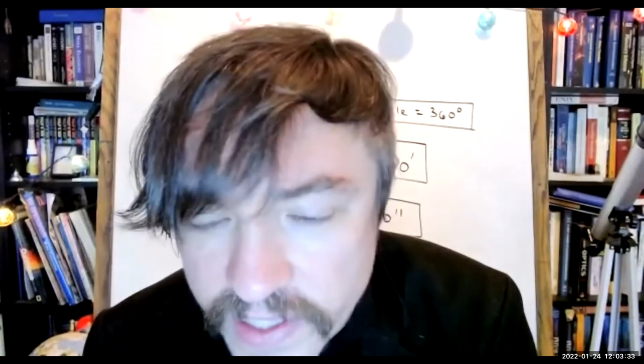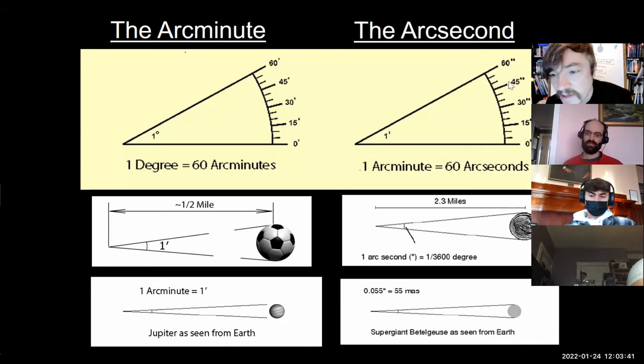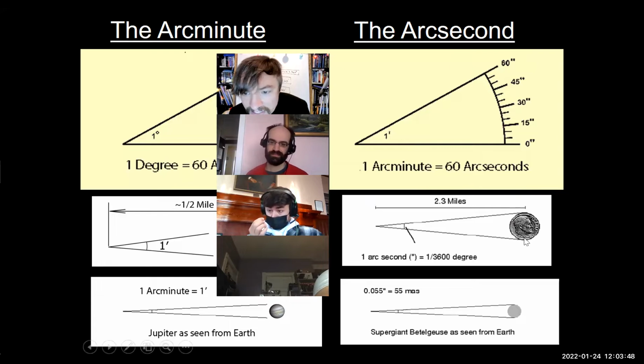Arc minutes are truly small, but arc seconds are even tinier. That's when we take an arc minute and we break it up into 60 more microscopic pizza wedges. An arc second is the equivalent of looking at a dime from 2.5 miles away. Obviously, your eyeball would be very hard pressed to even see the dime, much less make out the